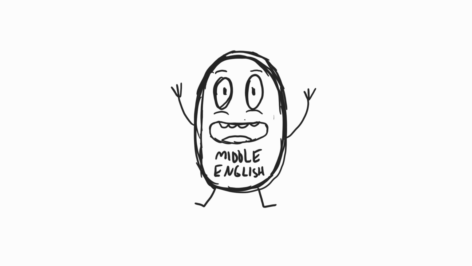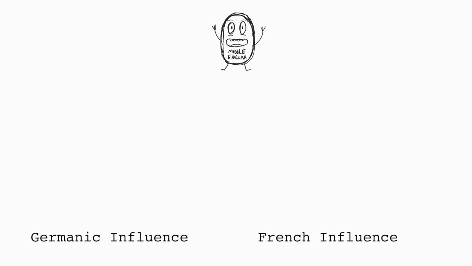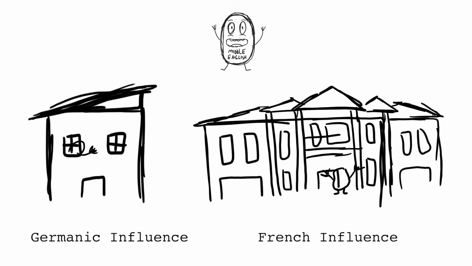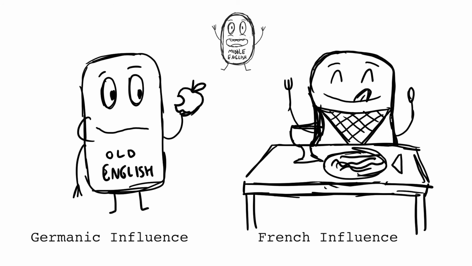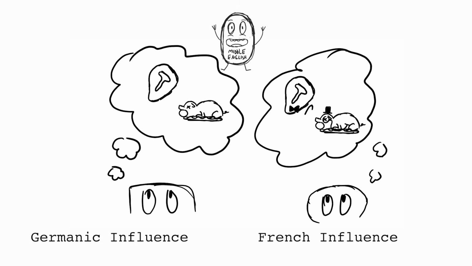In fact, the words we borrowed from France are still seen as fancier. House is a Germanic word, but the French word for house became mansion in English. Peasants eat, and the nobility dines. In fact, the peasants who actually dealt with cows and pigs ate cow and pig, but at the nobles' dinner table, they were beef and pork. Still, French might not help you if you're trying to understand Middle English.